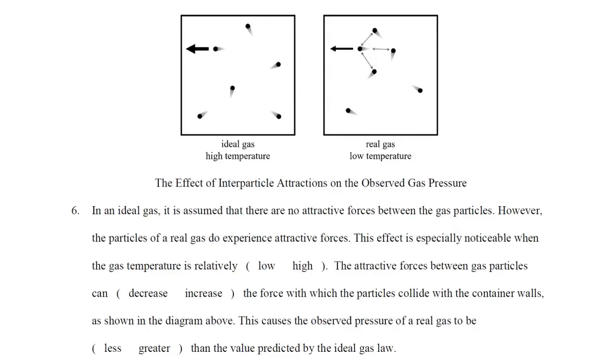The effect of interparticle attractions on the observed gas pressure. In an ideal gas, it is assumed that there are no attractive forces between the gas particles. However, the particles of a real gas do experience attractive forces. This effect is especially noticeable when the gas temperature is relatively low, especially near the point at which the gas